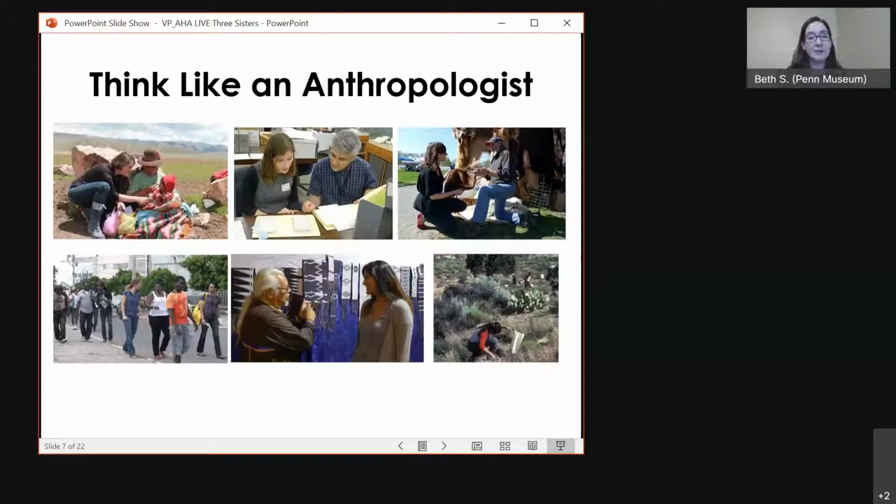We see anthropologists out in nature collecting plants and living things, specimens, and we see anthropologists looking closely at historical documents, archival material. So there's many different ways that anthropologists can do their work to learn more about a group of people in the past or the present. But one thing that all anthropologists have in common before they start their research is they want to start with